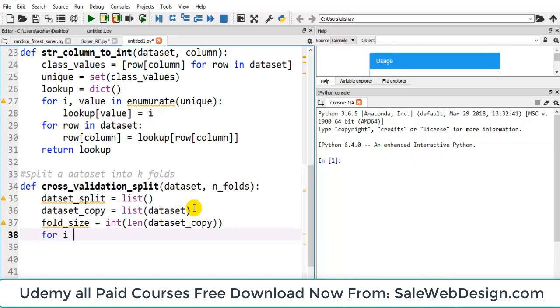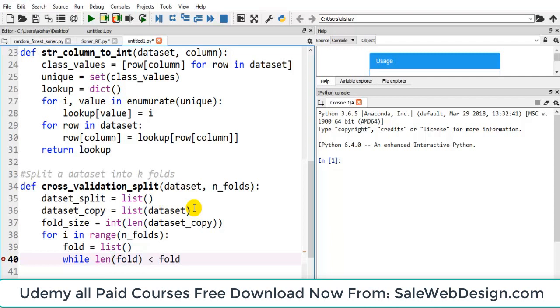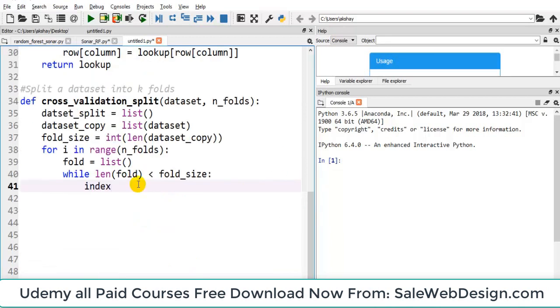Now I will use a for loop for traversing. For i in range, range is the function to traverse the variables, in n folds. The body part consists of fold equals to, again defining an empty list, while length of fold is less than fold size. That means, I will use an index equals to